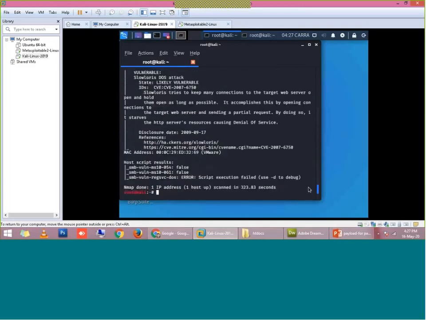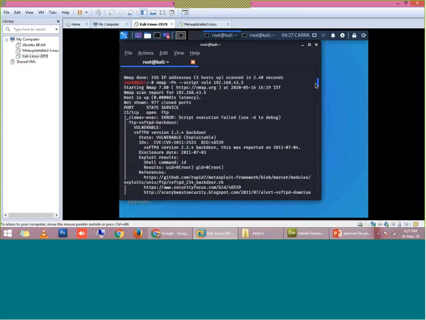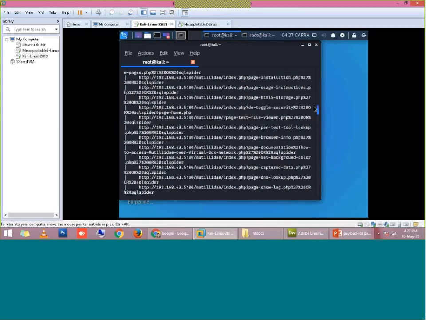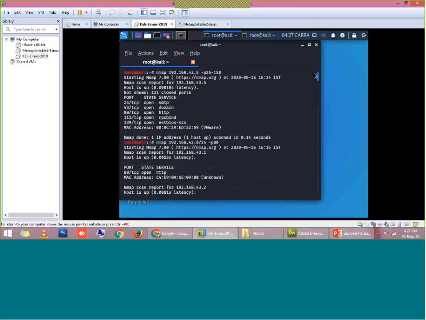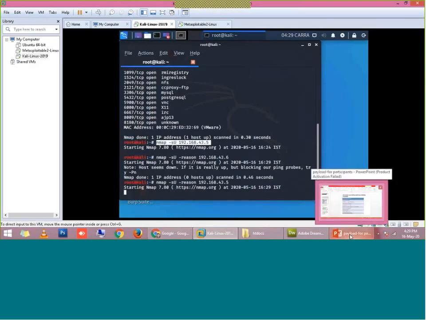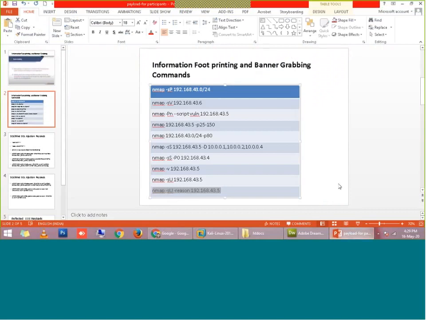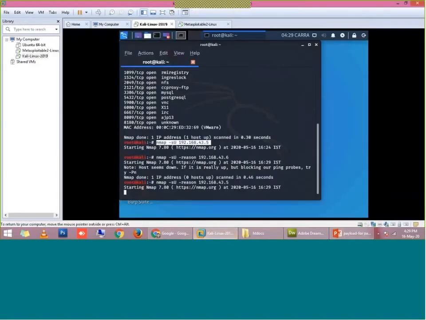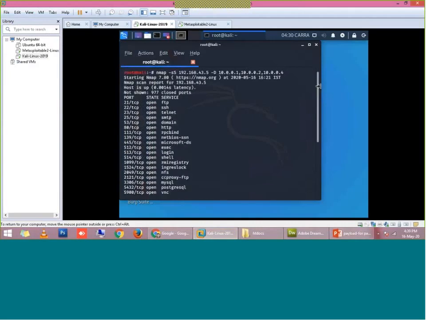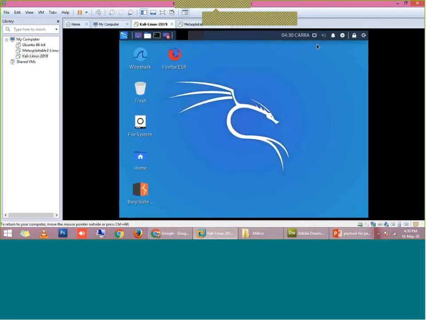So it is very useful, and it is the extent of, you can say, banner grabbing. By performing this type of banner grabbing, you will have a complete idea of what are the services and what are the vulnerabilities which are available in the target machine. So now it is all about this banner grabbing. I have shown you different types of commands which can be used for gathering information sitting remotely by attackers, right? So you can perform this nmap scanning using any of your Linux machines if you have this nmap package installed in your machine, right? So now I'm stopping here.